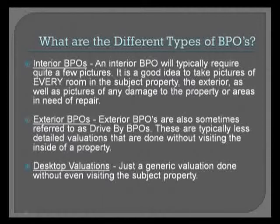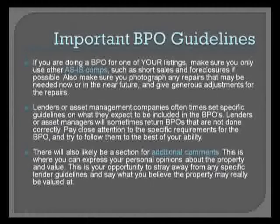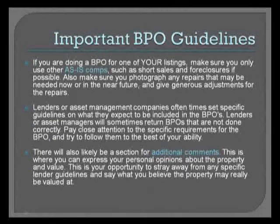Ethan, let's share a little bit about also what to include on the broker price opinions, what you can expect on there. When doing your short sale packet, always be sure to include as-is comps. I mean, you're selling this thing as is. The bank's going to require you to sell it as is normally. And so you want to be able to include other as-is comps to show that, when we're listing these things and selling them, we're not asking for the seller to make any repairs,